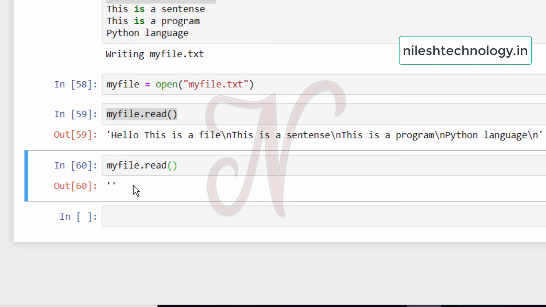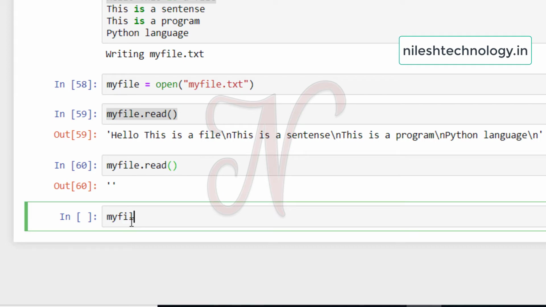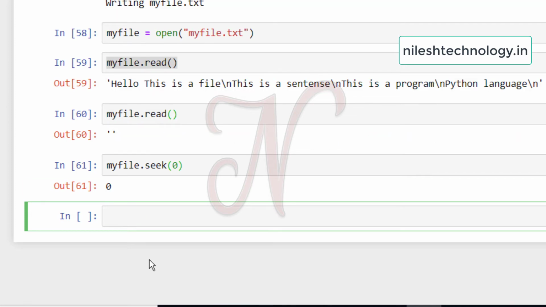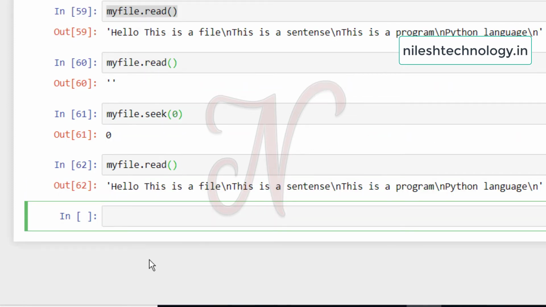If you want to print this file again, you need to reset this cursor, or seek it, to the 0th index. There is a function for that, the seek function. See here, myfile.seek(0), again myfile.read. See here, this is my output.